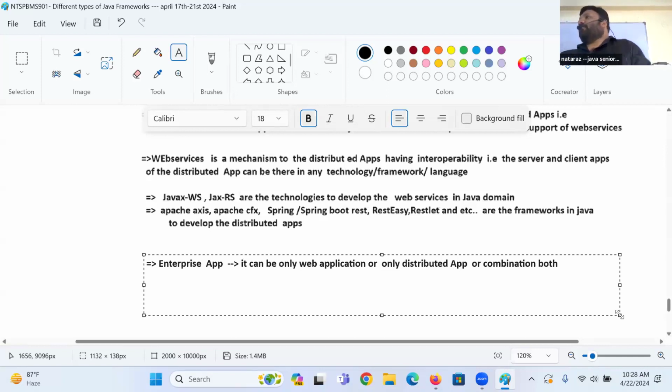It can be a combination of both, guys. Most of the time, it is always a combination of both, guys.